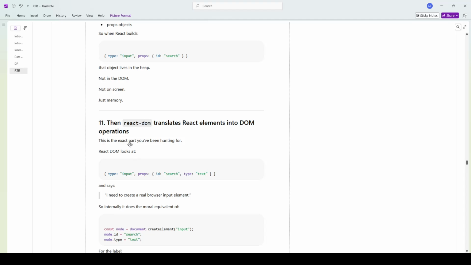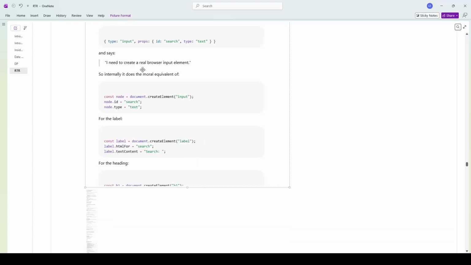So it caches those things, or those states, that were already loaded. So this is the exact part you've been hunting for. React DOM looks at type input, props with an object, member id value search, member type value text. So these are the type or the converted heap,